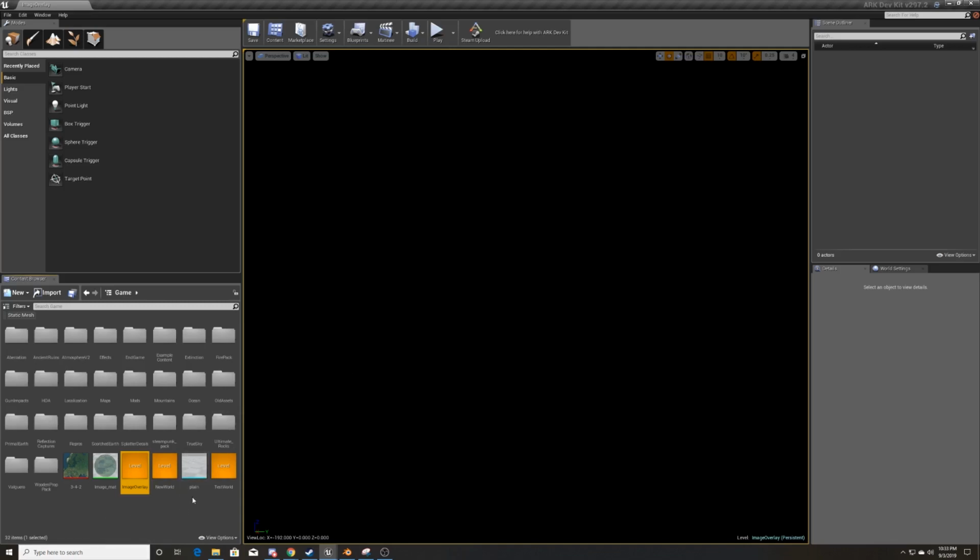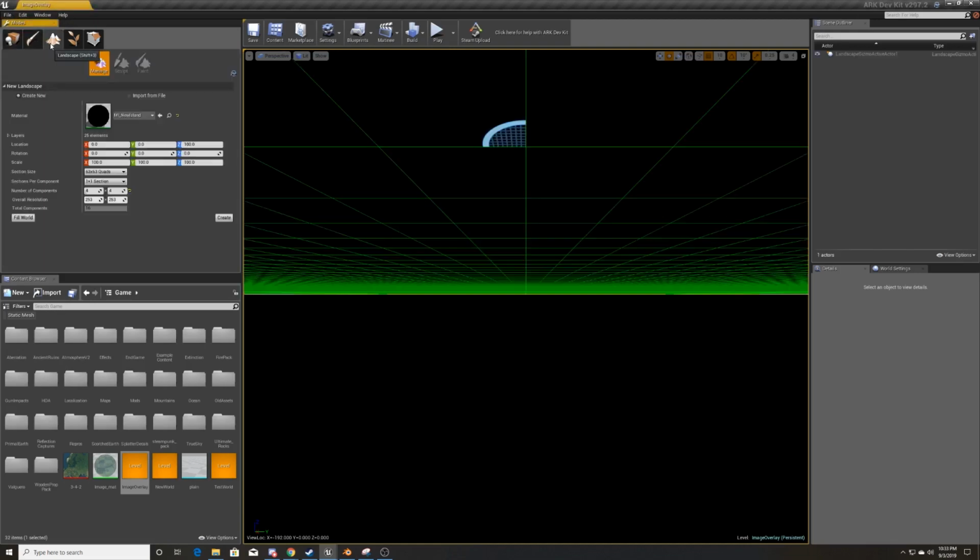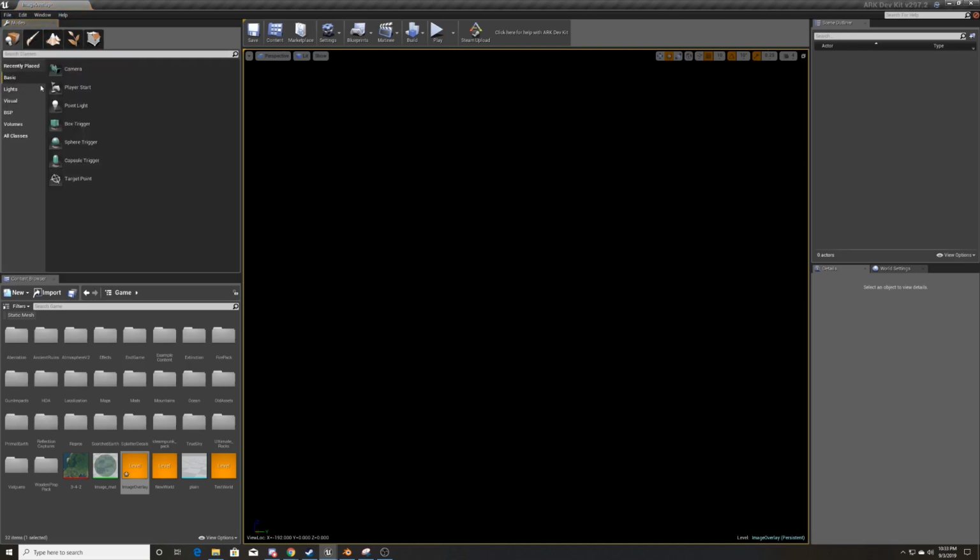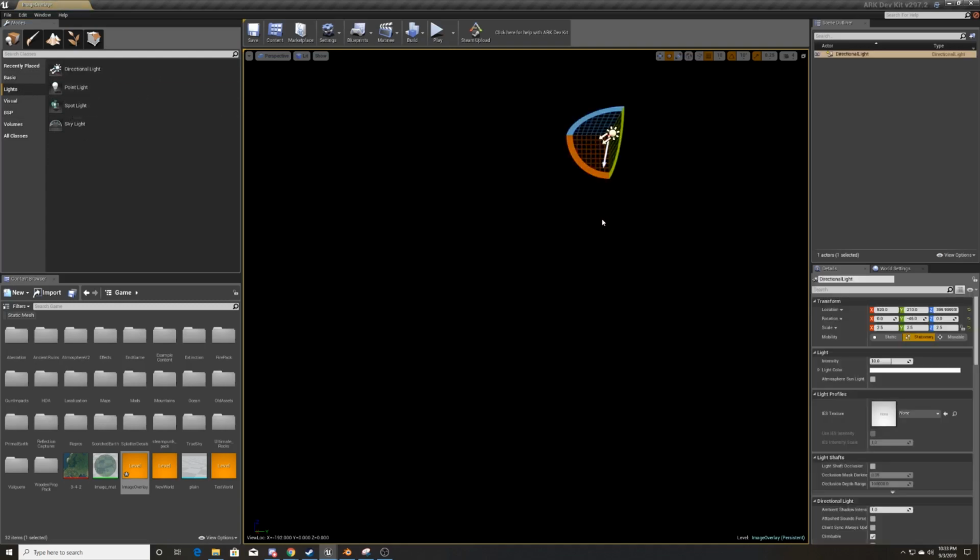So the first thing that we want to do is drag a directional light in here. We can hit Shift 1 to go to our place modes. If you happen to be in another one, just hit Shift 1 and go into our place modes. We'll go to a light and just click and drag a directional light on here. With nothing else in the scene, this won't actually do anything, but it will begin to do something in just